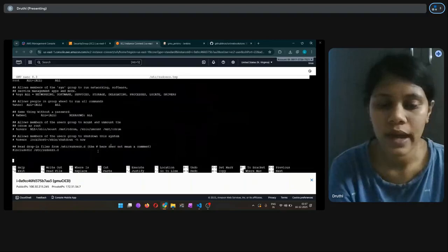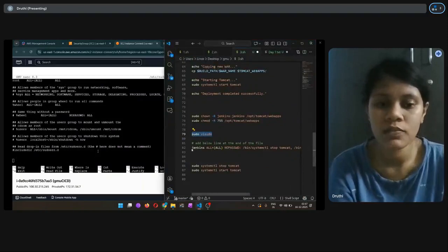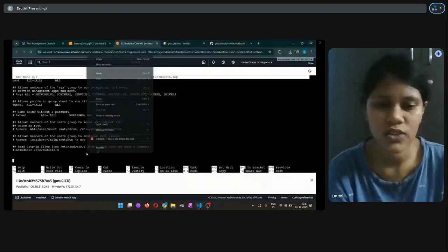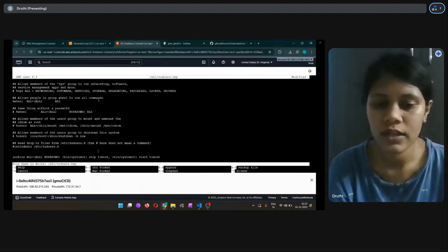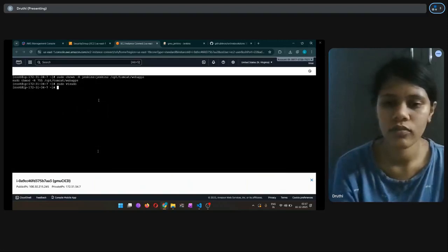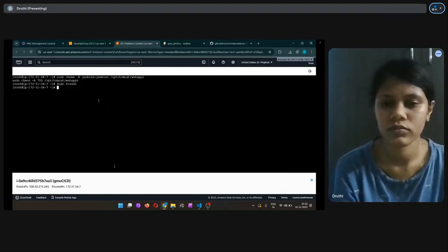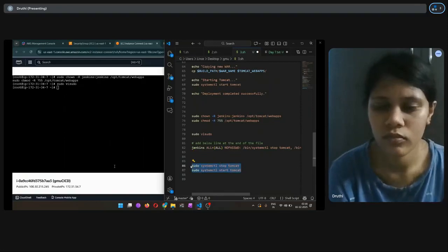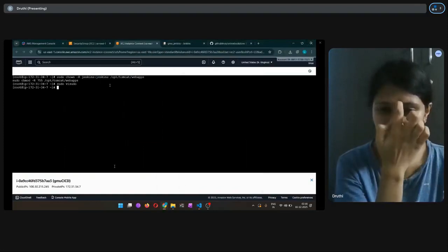Yes, and start the Tomcat server. Stopping and starting the Tomcat server helps to clear cache, and then it will be helpful for us to terminate the old one, and then we can build the history. So here you can see, just copy the last two lines and then paste it.